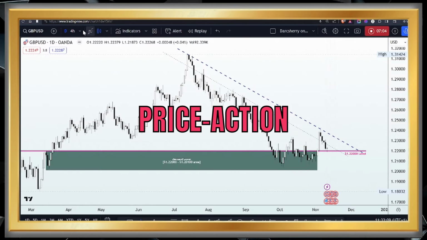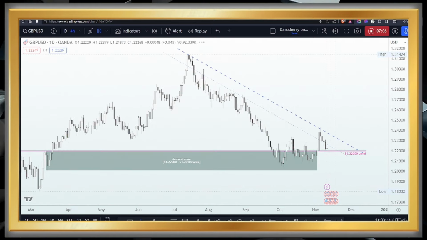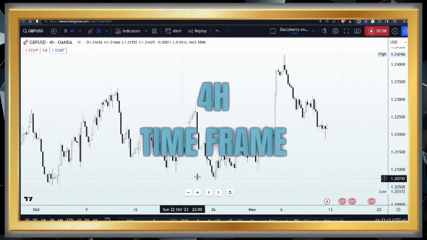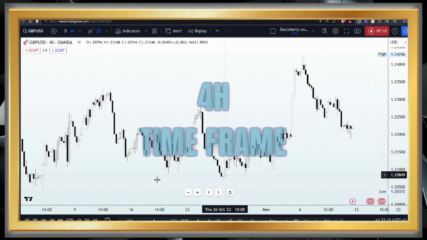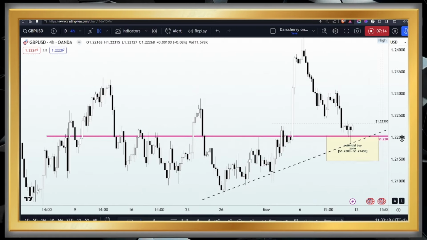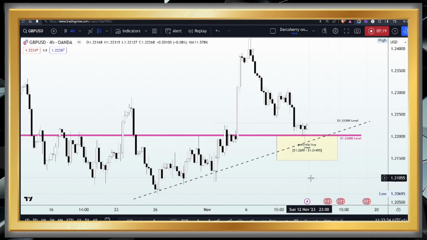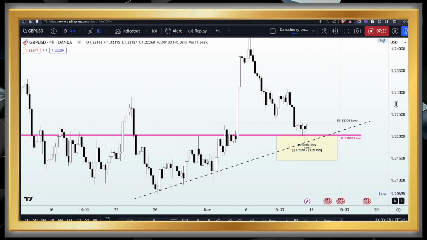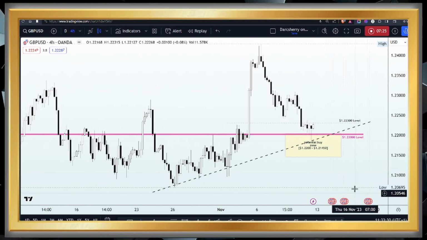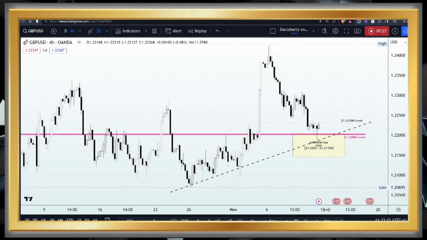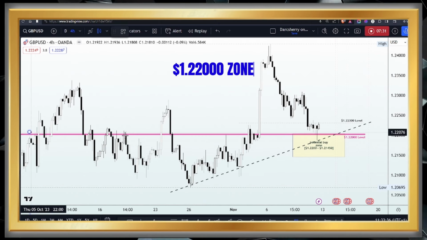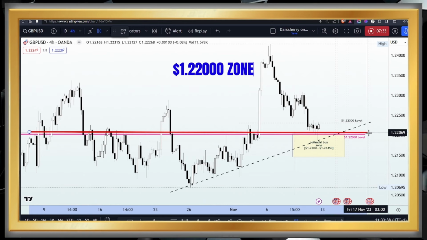Now, talking about price action, let's scale down into the 4 hours time frame. So now on the 4 hours time frame, I only took into consideration the nature of price action in the last 2 weeks, and here I have a simple setup which we will be using to guide our decisions. Well, the first thing here is that key level which we identified on the daily time frame, which is very, very much intact here,